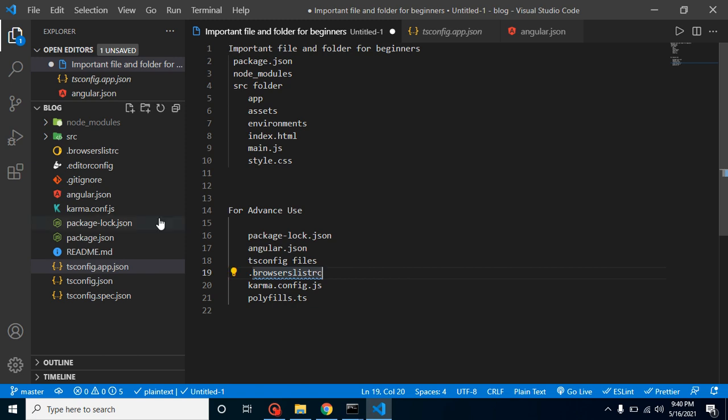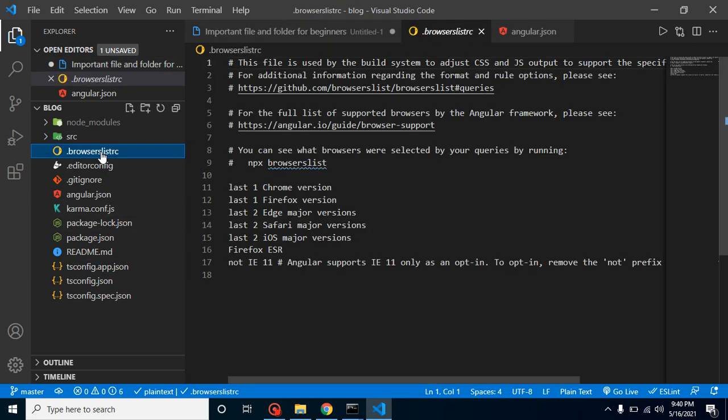So it will tell what browsers are supported by Angular, like Chrome, Firefox and all. And here it is mentioned not IE11. Angular supported IE11 in earlier versions, because as I told you in the new feature video, in Angular 11, Internet Explorer 11 support is deprecated, and now with Angular 12, right? This is just mentioning. So this file is not important for the coding. If you remove that, your project will still work. There is no issue.